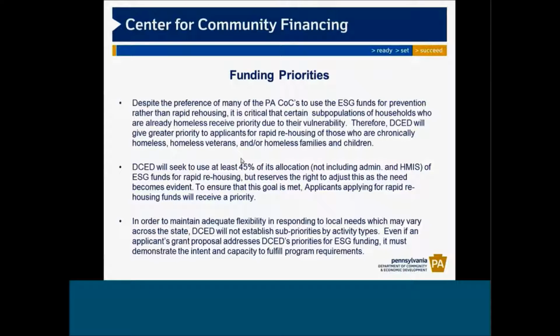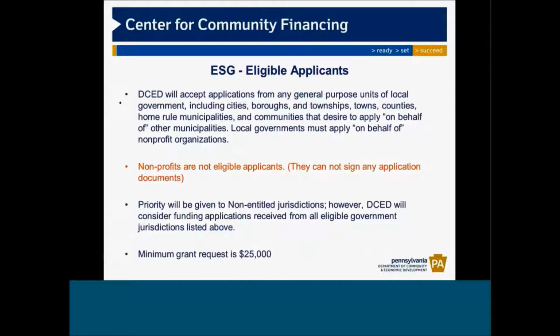Eligible applicants for the ESG program are any general purpose units of local government, including cities, boroughs, townships, towns, counties, home rule municipalities, and communities that desire to apply on behalf of other municipalities. Local governments must apply on behalf of all nonprofit organizations. Nonprofits are not eligible applicants, and they cannot sign any of the application documents. Priority will be given to non-entitlement jurisdictions. However, DCED will consider funding applications received from all eligible government jurisdictions as listed above,